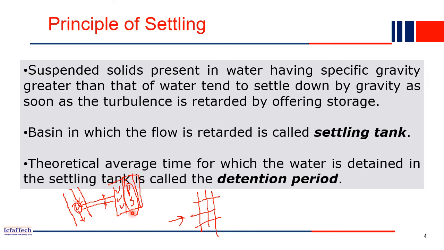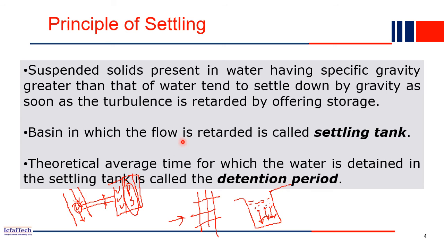Now, as we know, water is composed not only of large particles, large solids, but fine solids are also present in the water, right? Even among the coarse particles, fine particles are also present. So in each step we have to remove the coarser particles and then the fine particles also. So we keep this dirty, polluted water in a tank, which we call a sedimentation tank, and when it is at rest, what will happen? The particles present in the water will simply settle down at the bottom, right? That we are doing here. That is our first principle. If you can see, basically, this will settle down.